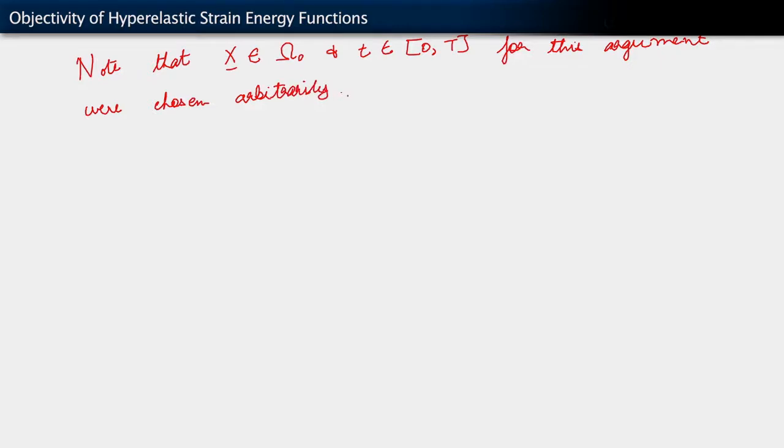And it always has to hold. That relation, psi function of F, can only be dependent upon F through the stretch tensor. Always will hold. We'll always reach that conclusion. Well, what is the only way in which we can always reach that conclusion? The only way that can happen is, this implies